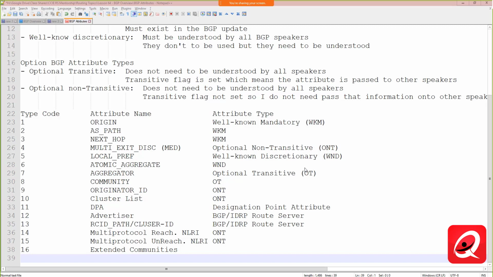Longest match routing is going to apply. So if I get a 10.10.0.0/16 prefix and a 10.10.0.0/24 prefix, those are still going to be treated as separate paths. Okay. If we assume that all the paths that the router gets for a particular prefix do